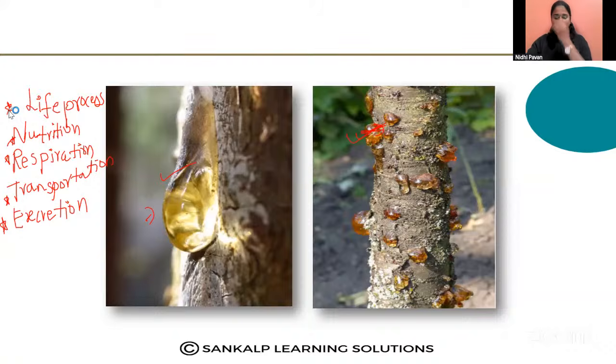Now what we are going to do? Now we are just going to solve certain questions on this life process, right? So how are you going to answer the questions? First I will give you 2 to 3 minutes so that you can go through the points. Whatever points you noted down during the class, or if you have a textbook, it is well and good. You can refer to the textbook and see the important points, especially the points given after the chapter. Points to remember are given, right? So read that for 2 minutes. Then after that we will discuss the questions.